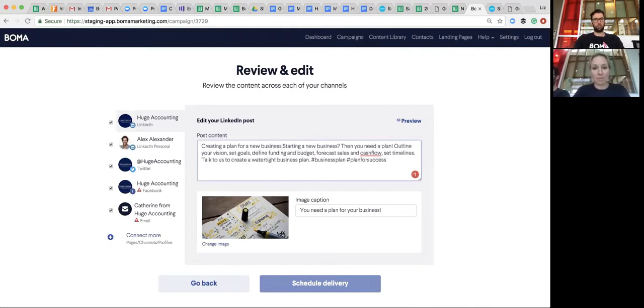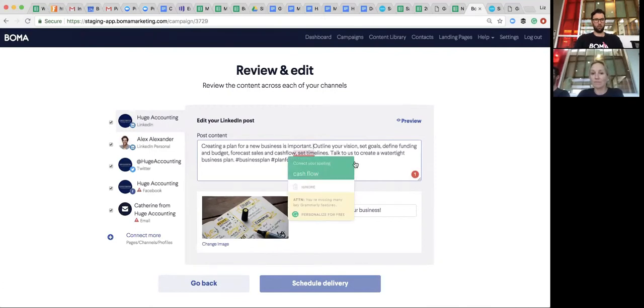And then Twitter, obviously, we all know is really short form content, so it's a maximum of 280 characters, and you might use that to comment on things that you've read about in the news or opinions, or maybe just sort of fun short things that you'd like to post. So as Liz said, the great thing about Boma is that you can see all your channels here,